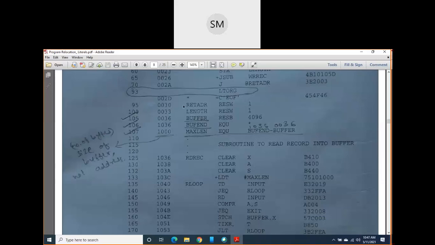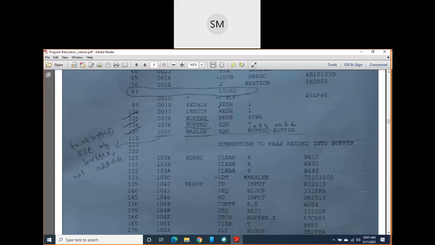At that time, the reserved word RETADR is going to be stored at address 0030. After 0030, the next bytes 0031, 32, 33 are unaddressed; they are not assigned to anybody.